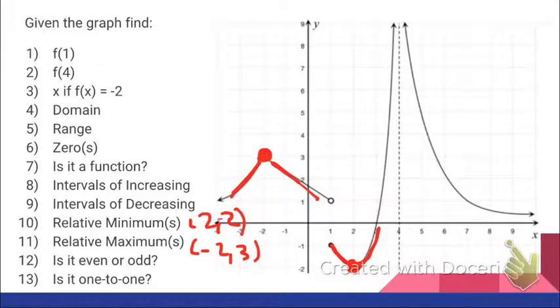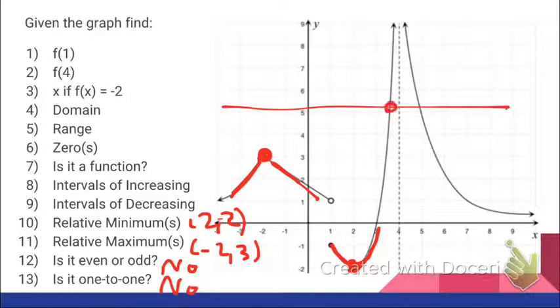No, there's no symmetry, so no. And this function is not one-to-one because it fails the horizontal line test at a bunch of points, or a bunch of lines. There's one example of them. Alright,